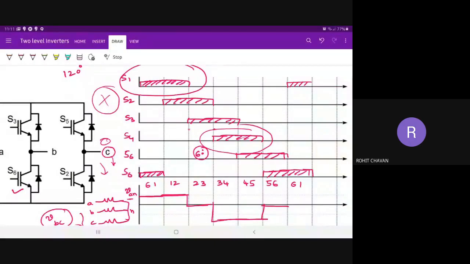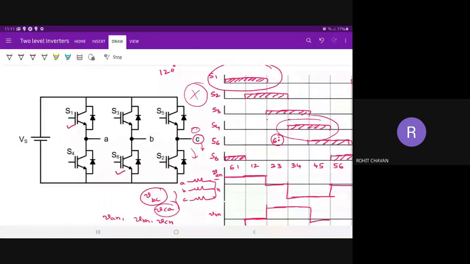Okay. So naturally, you need not provide dead time circuits to prevent the simultaneous turn on of S1 and S4. If we simultaneously turn them on, the source will be dead short circuited, right? So to prevent that, a small delay of 1 or 2 microseconds is provided. In case of 180 degrees, there is no time delay, so immediately when S1 is off, S4 tries to turn on. In case of this 120 degrees, there is a delay of 60 degrees in between. So that is the advantage with 120 degrees.